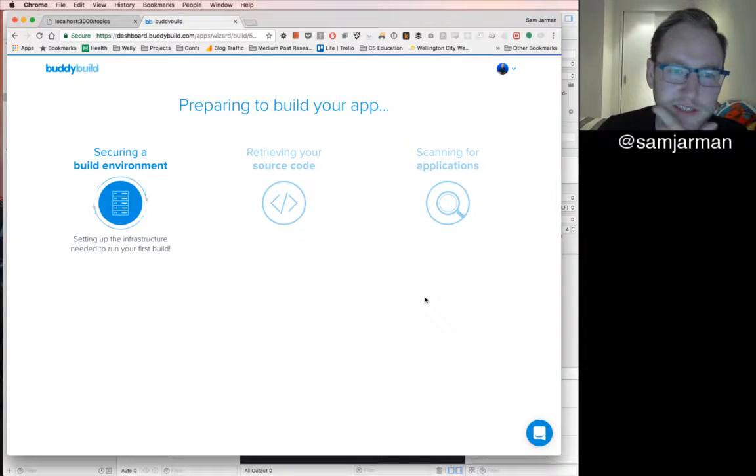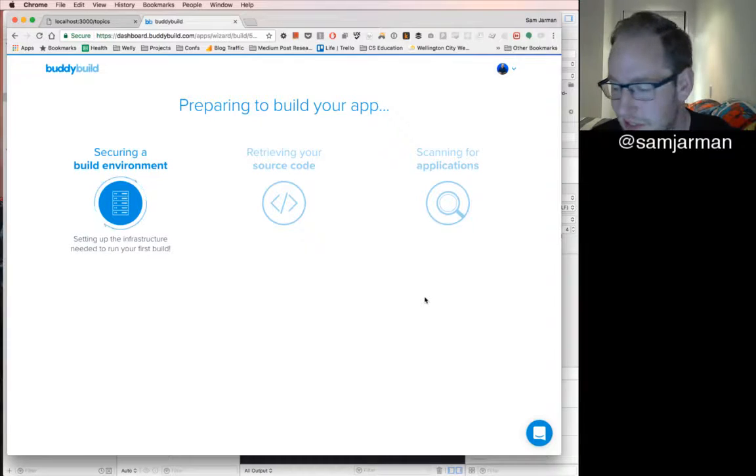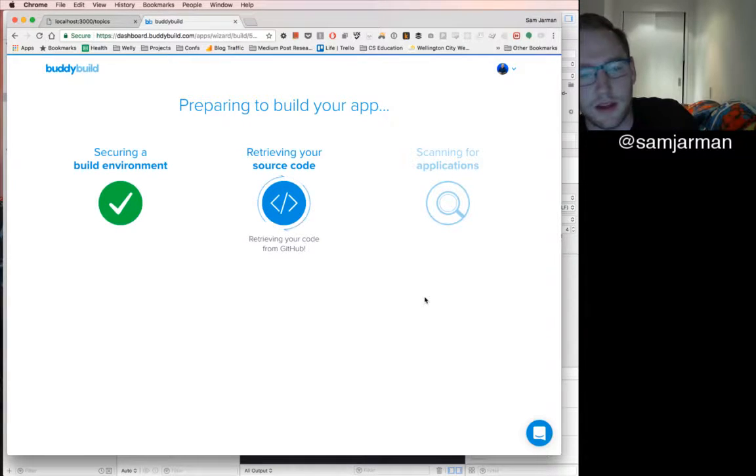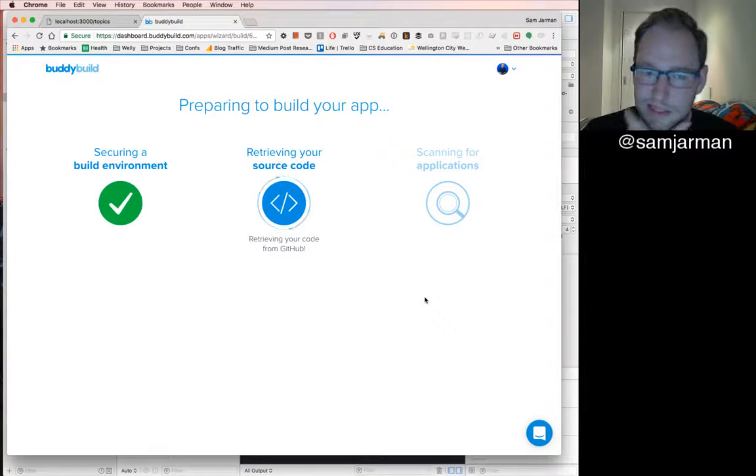It says securing a build environment. So this is an interesting chat I had with Dennis about security of everyone's code when they're using CI. Obviously right now I've just given them access to my GitHub and my work's GitHub and some other companies I contract for's GitHub. But the code only exists on the virtual machine they spin up for the time of the test. So hacking any CI company, or even just BuddyBuild, and getting access to my code would be a feat of timing more than security wizardry. So that'd be a good effort.